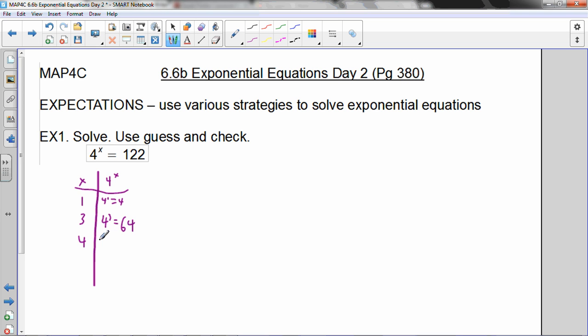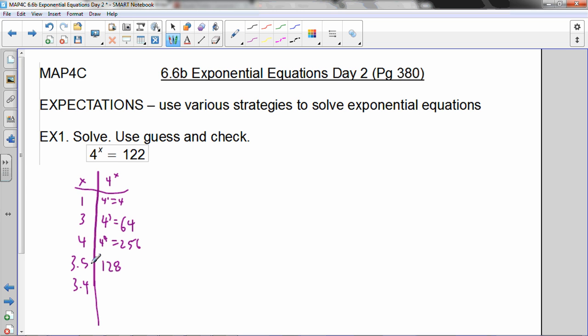4 to the exponent 4 is 256. Now I'm using my calculator. I know it's got to be between these, right? And it kind of looks like it's halfway between, so I'm going to try 3.5. And 4 to the exponent 3.5 is 128. Now we're getting there, right? That's pretty good. This is a little bit too high, though, so we might try